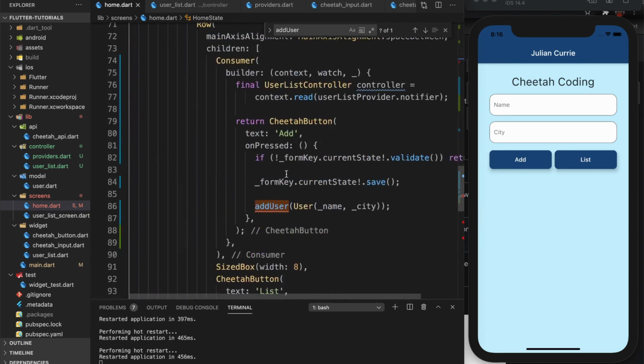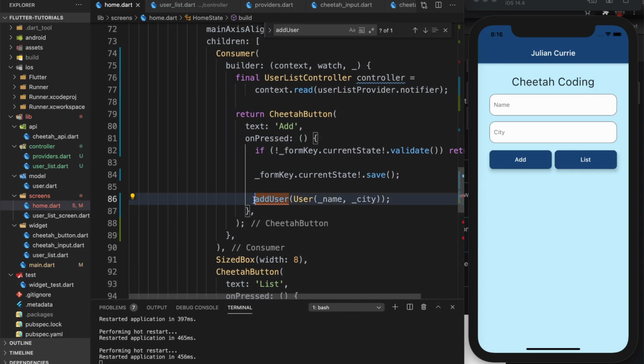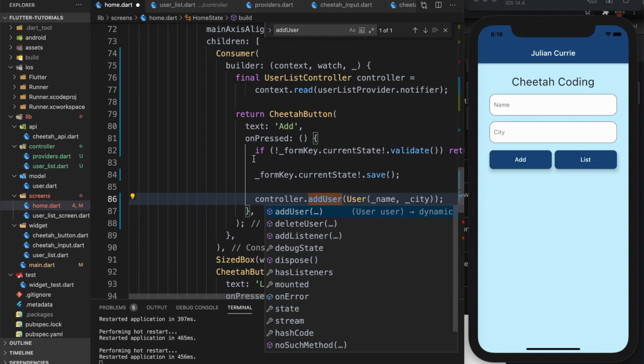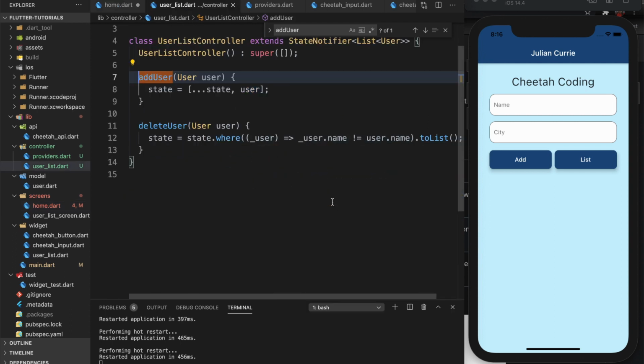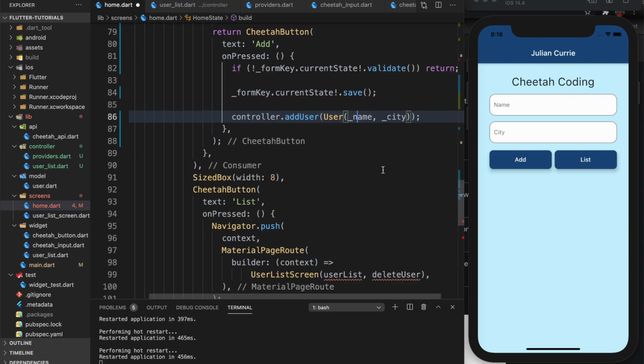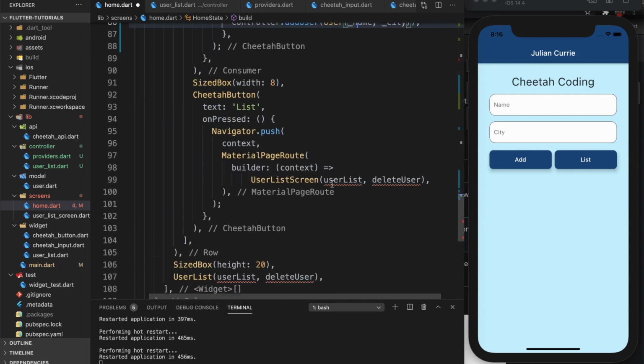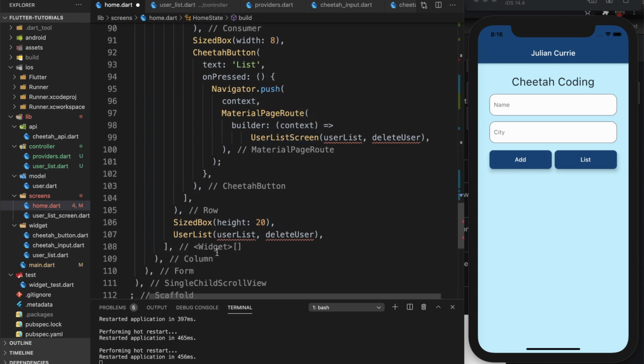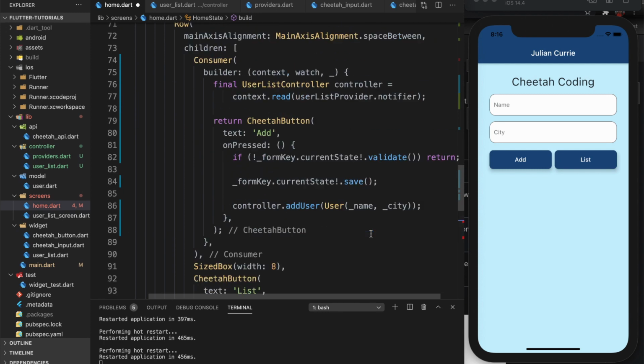And now down here, I can say controller dot add user, because that's part of our state notifier here. Okay, so we don't have our user list anymore. So down here, we were passing that local state to our user list screen. We can get rid of